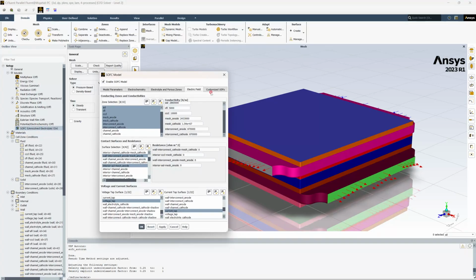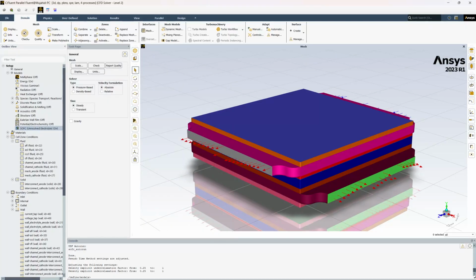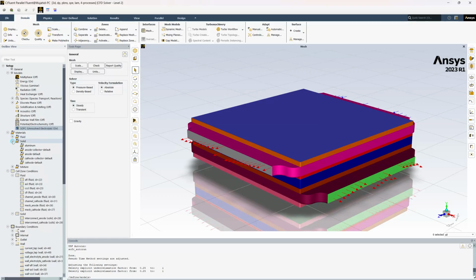So this concludes the setting up of the SOFC module, and now the next step is to go towards the material properties. The material properties are also discussed extensively in the guidebook, so we will just add all these materials. We need to add the solid material, so here we'll make all the materials that we need to define in our model. So we will make a new one,